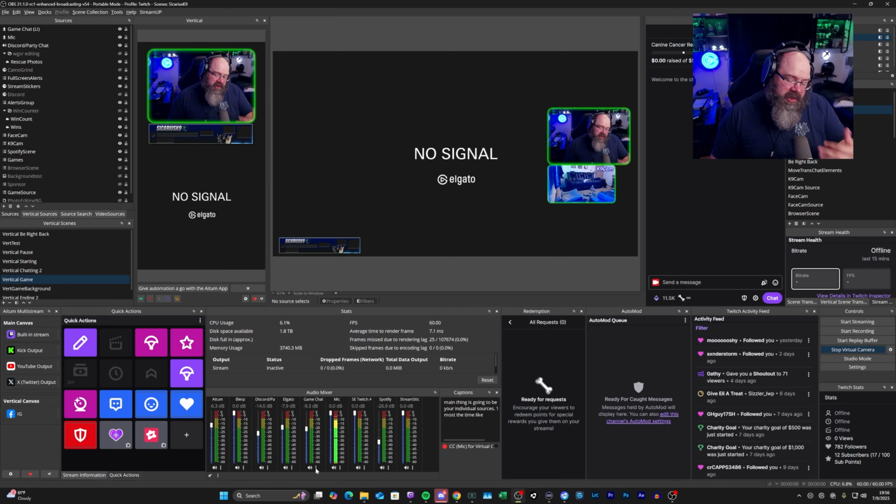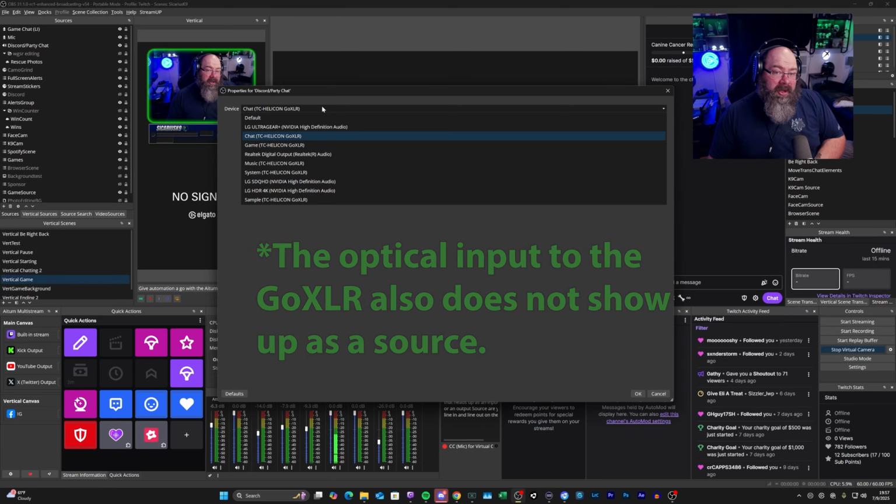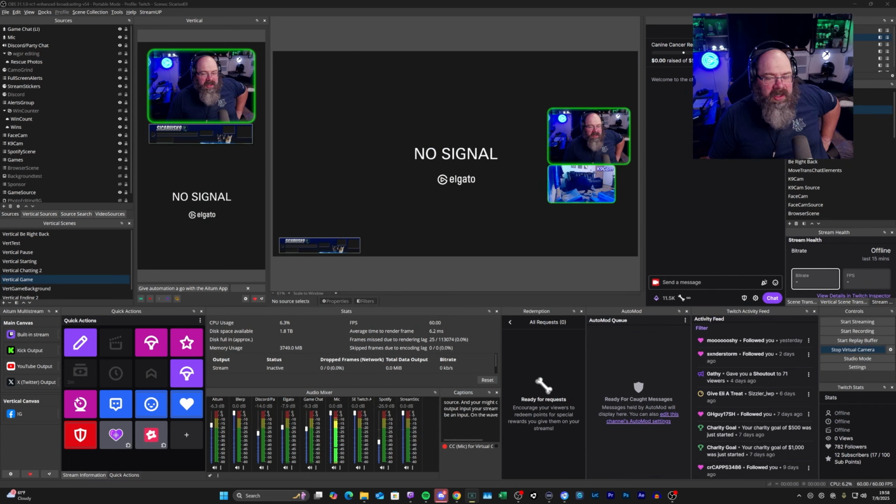Most of the time, like with the Go XLR, the Wavelink, all of your devices, you'll have multiple different devices in here for each item. So the only thing that doesn't show up from a Go XLR, just as a heads up, as an input source or an output source are your line in and line out on the Go XLR. Those devices don't show up. On the Wavelink, all your virtual devices can be selected individually in OBS, and then you can get that multi-track